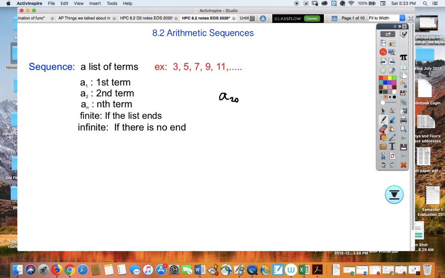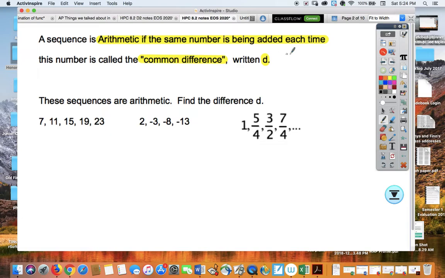So arithmetic, just look at the pattern here. What is the pattern? It looks like we are adding 2. 3 plus 2 is 5, 5 plus 2 is 7, 7 plus 2 is 9, 9 plus 2 is 11. That's a nice and easy pattern. That is an example of arithmetic, because arithmetic means you are adding the same number each time. So if you notice that pattern, you're adding the same number each time, you are dealing with an arithmetic sequence, which is a good thing because you're going to have nice formulas to use and you won't have to think